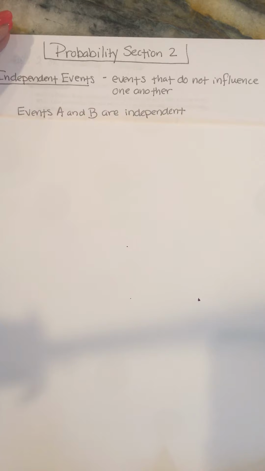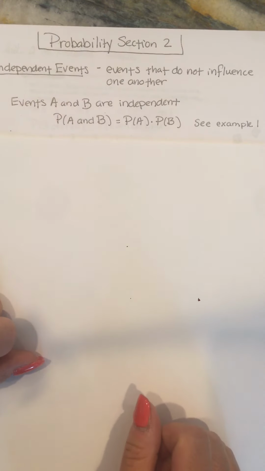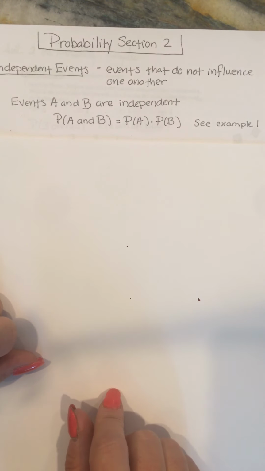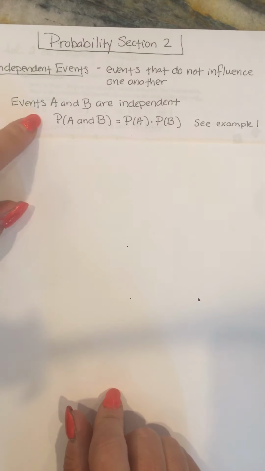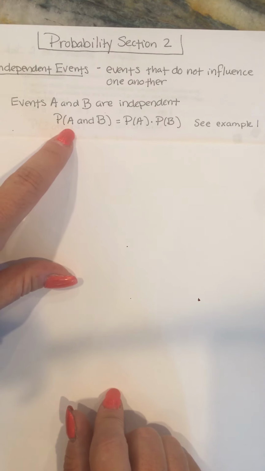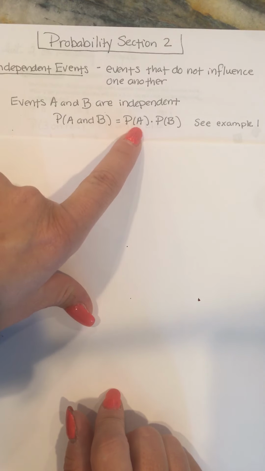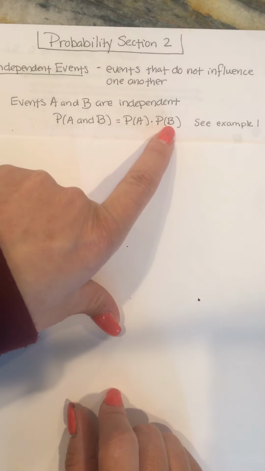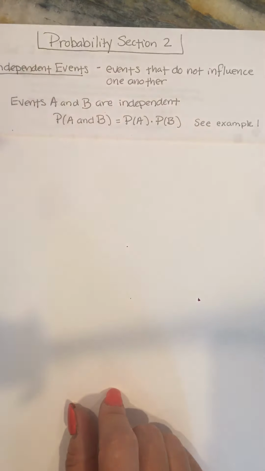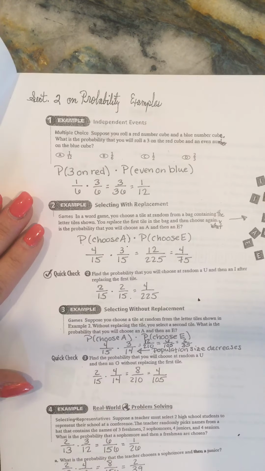But an example that is often used is flipping a coin and rolling a die. The coin and the die cannot talk to each other, so they're considered independent. So if events A and B are independent, then the probability of A happening and B happening is equal to the probability of A times the probability of B. So then it says, see example 1. So if we flip over to example 1,